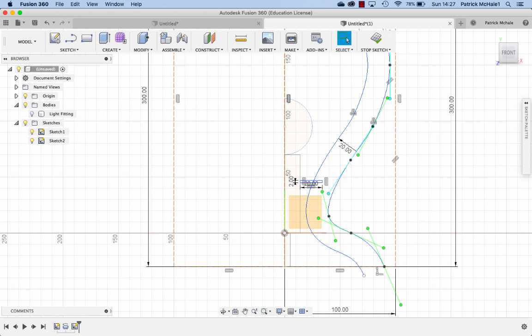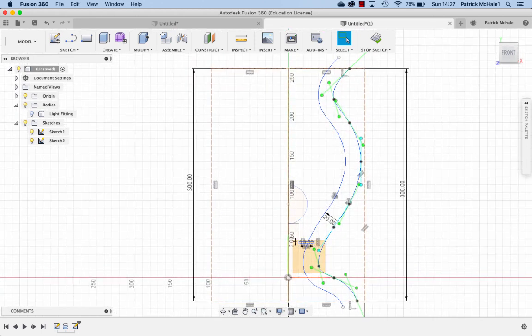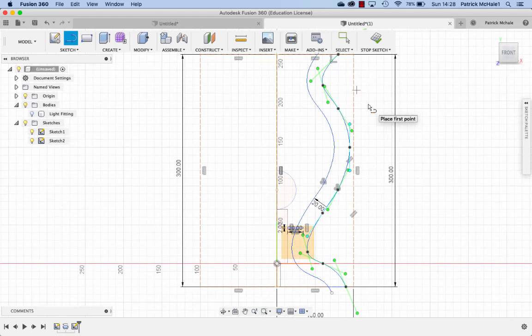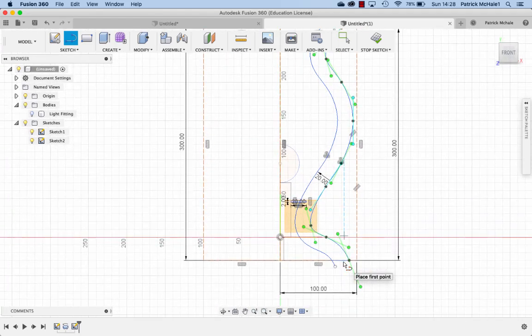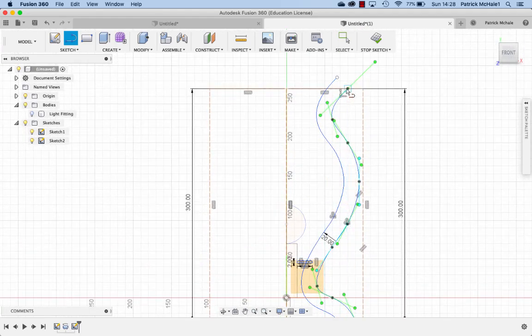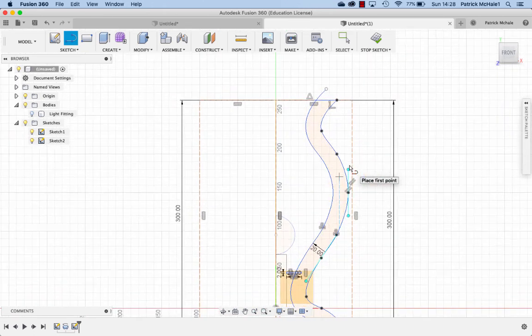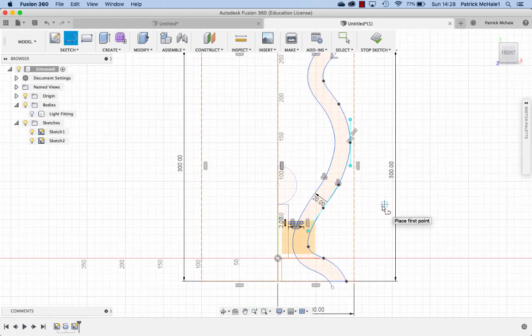Now we almost have a profile that we can use. What we need to do is close up this shape. So if I hit L on the keyboard, the line tool, click from here to here, and from here to here, you can see now I've actually closed up this shape and it's turned to a beigey color. That means it's a face that we can work with. So stop the sketch,